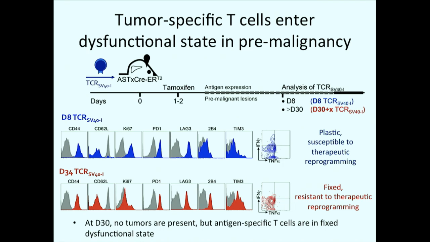But after about 30 days, these same T cells still look dysfunctional, still no secretion of TNF-alpha or interferon gamma, but they can't be rescued anymore. Okay? And the idea is that 30 days in is very early, so there are no clinically apparent lesions at 30 days. All right, so very early, you're triggering some kind of program, a differentiation program, where the T cells get fixed in dysfunction, don't work, and don't do anything to kill the cancer cells.